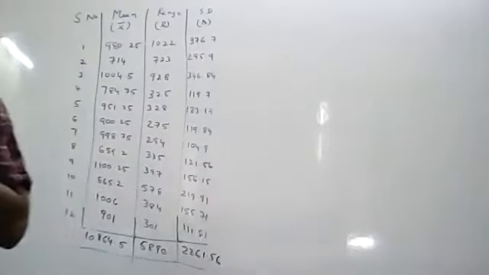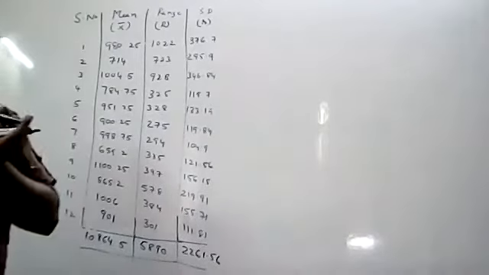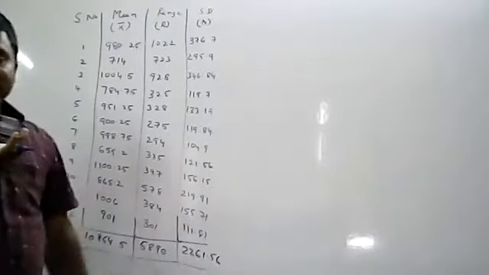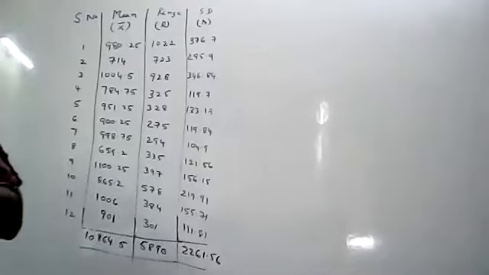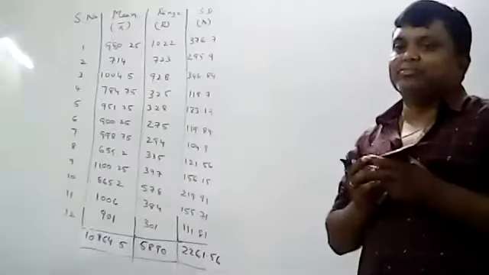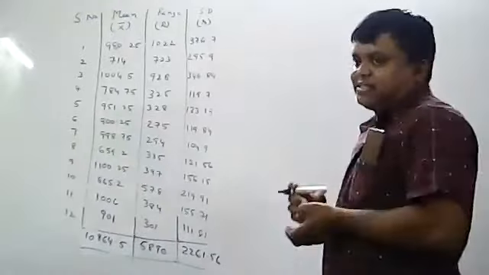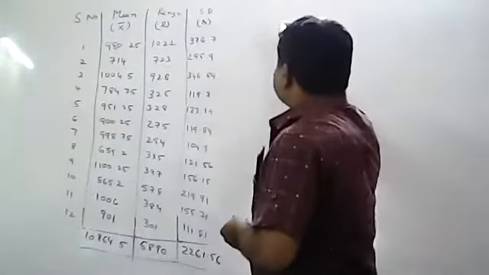Later on, you can check, because today we will do the mean chart and range chart. S chart, you have time. So this is the total he has given, 2261.56. If you got it, okay; if you don't get it, later on you can cross check once. So today first I will tell you the mean chart. First I will tell you the mean chart, and after that we will discuss the range chart, and after that the standard deviation chart. Okay, 3 charts you have to construct. First I will construct the mean chart.